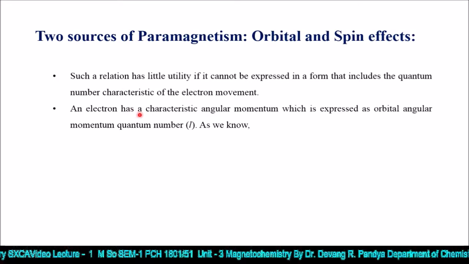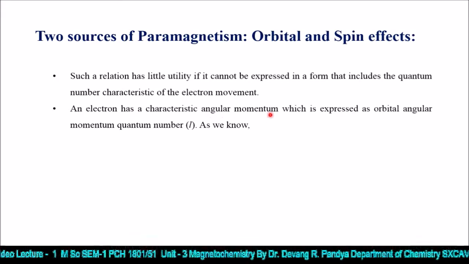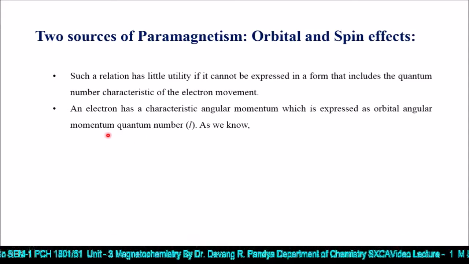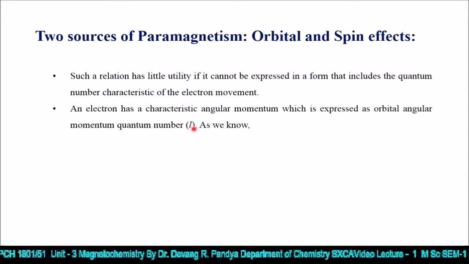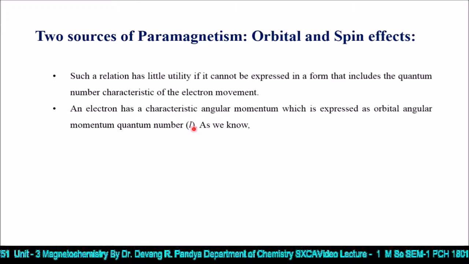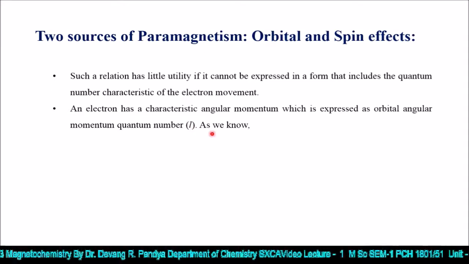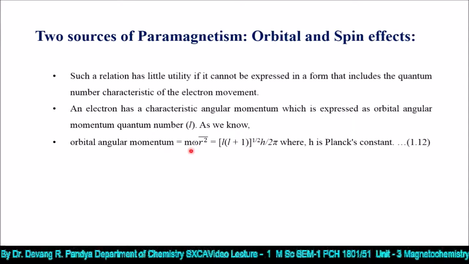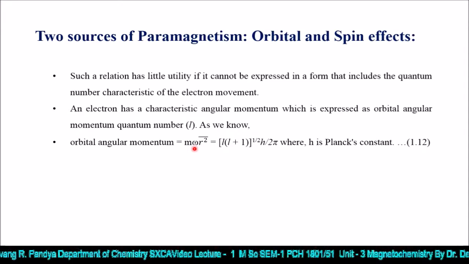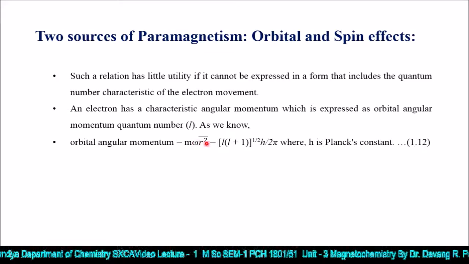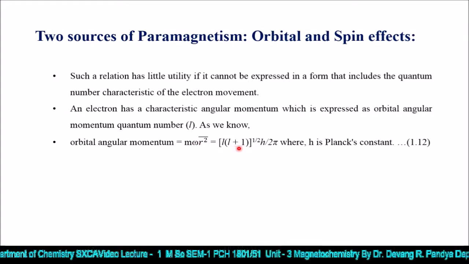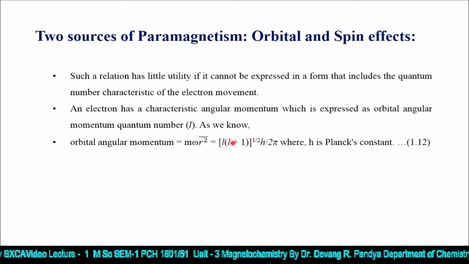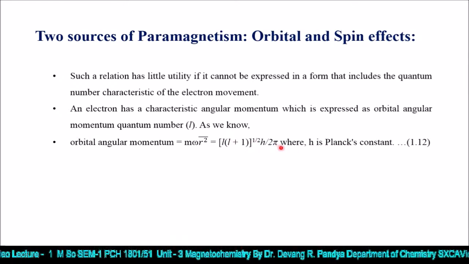An electron has a characteristic angular momentum which is expressed by the orbital angular momentum quantum number, the secondary or azimuthal quantum number L. As we know, the orbital angular momentum is equal to m omega r square, which is equal to L into bracket L plus 1 whole raised to 1 half, that means square root, into h upon 2 pi, where h